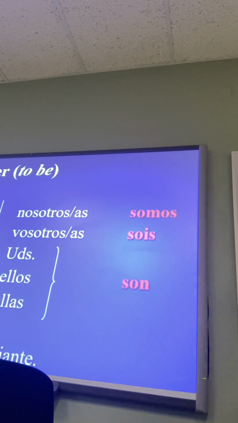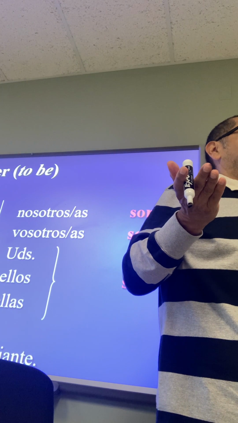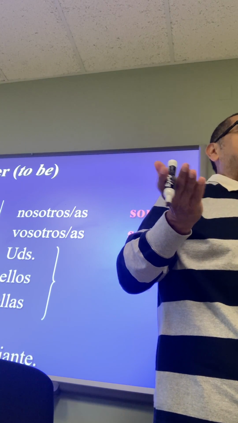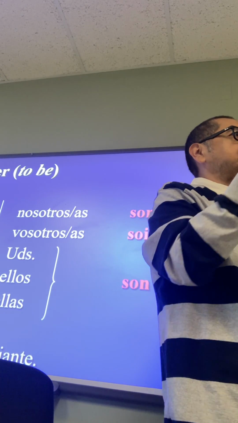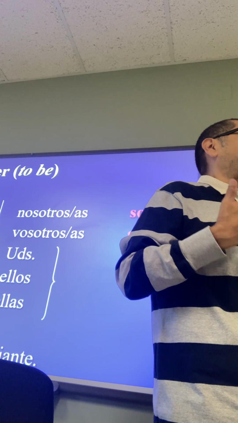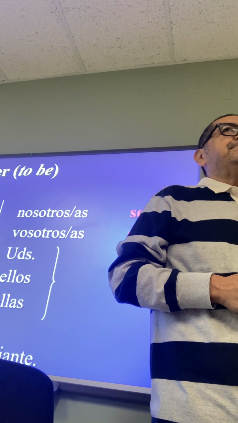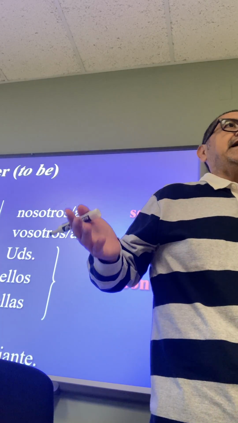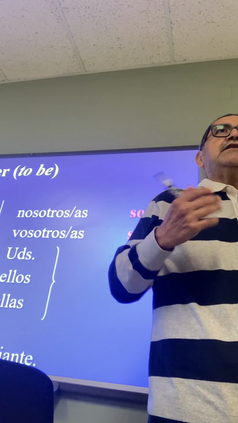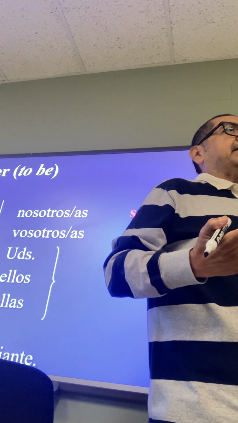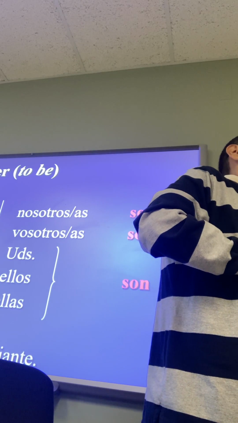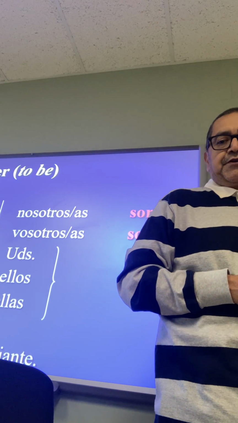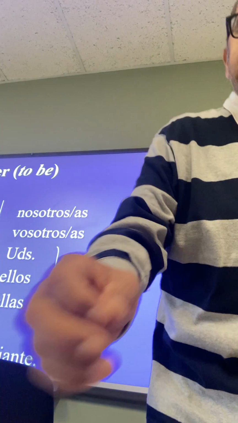What would soy Meredith just mean? I am Meredith. Yeah, and she could totally just say, when asked, ¿cómo te llamas? Soy Meredith. Yeah, that's me. I'm Meredith. Boom. Soy Katie. Soy Lorena. Soy Jack. That's it. If you want to keep it simple. That's another way of introducing yourself. Okay. So, a couple